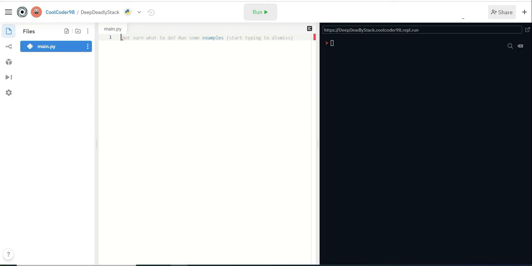plus, minus. Wait, no, not plus minus. Multiplication. Multiplication is shift 8. Division is a forward slash. And then there's modulus, and modulus is the percent sign, which is shift 5. So now we can do